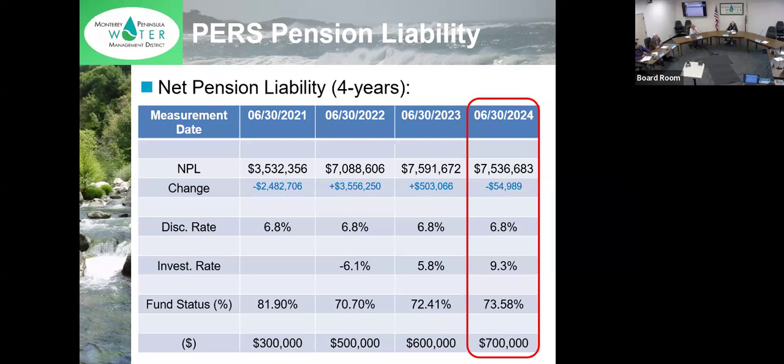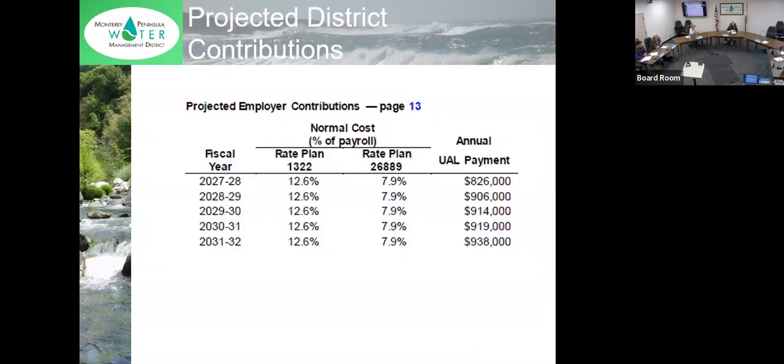Yeah, thanks for that question. So that's a liability that we have to pay over the life of the plan, which is amortized over 20 years. And what we pay every year is CalPERS sends us a bill saying, hey, you have to pay. So we have been paying around 600,000, and that payment seems to be going up. And in fact, to answer your question, if you look at this slide, CalPERS gives this to us.